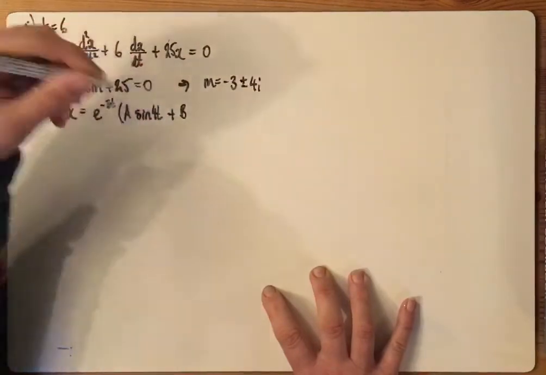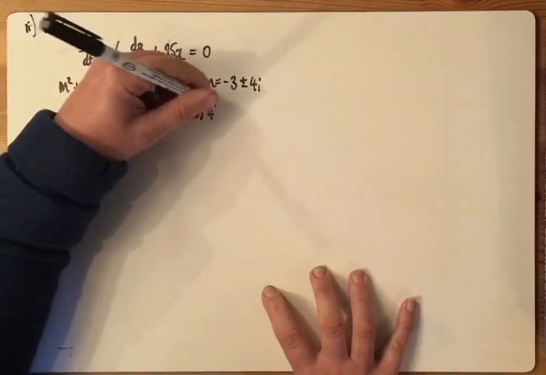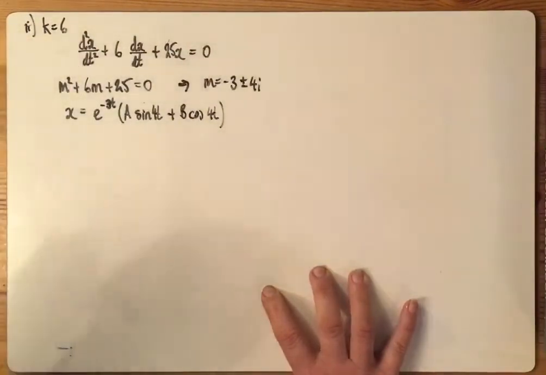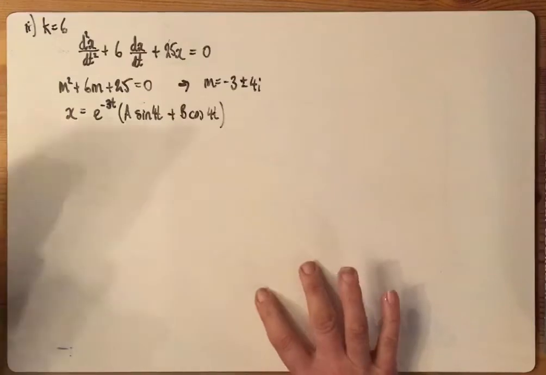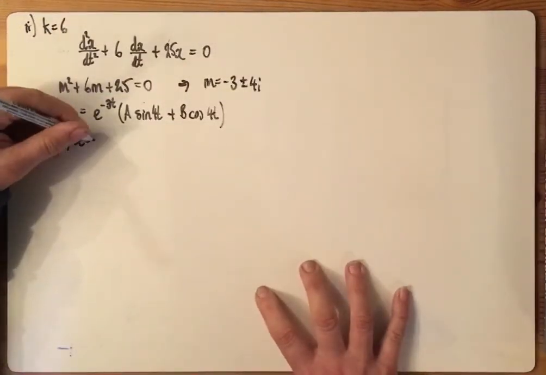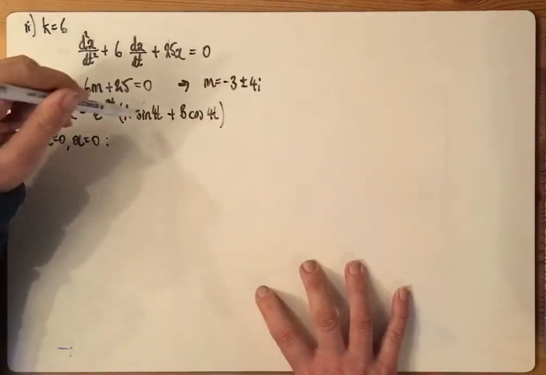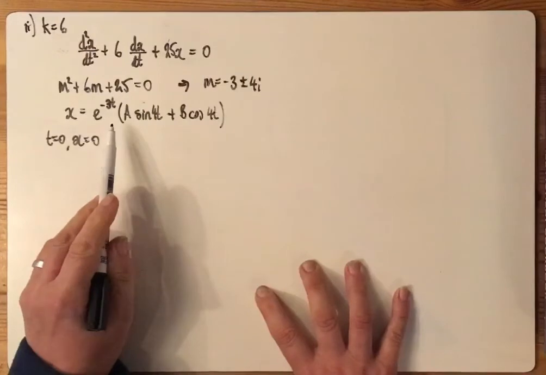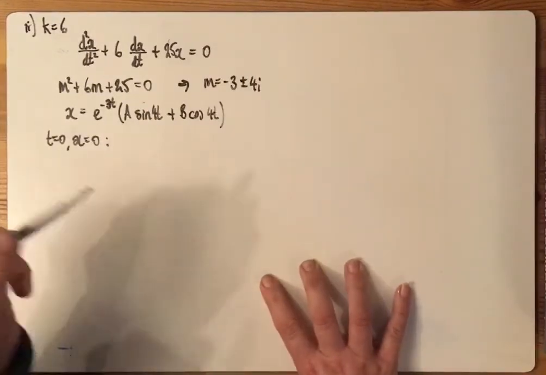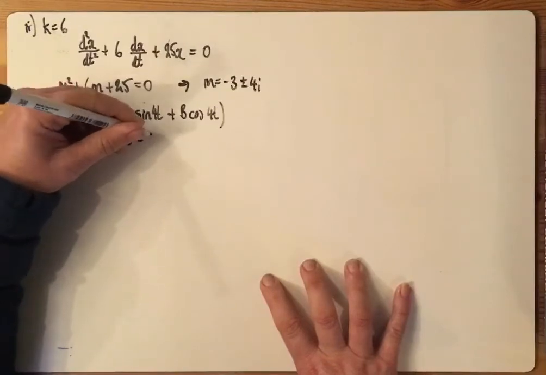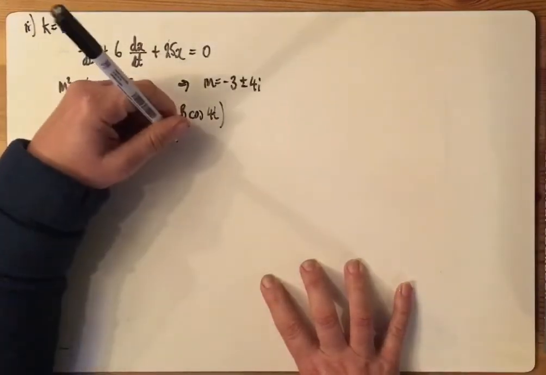plus b cos of 4t, like so. And then we can use initial conditions to find a and b. So t equals 0, x equals 0, sine of 0 is 0, cos of 0 is 1, e to the 0 is 0. And so from here it follows that 0 is equal to b,